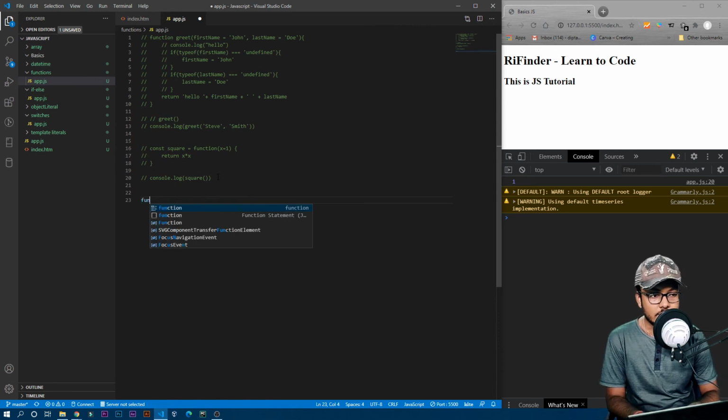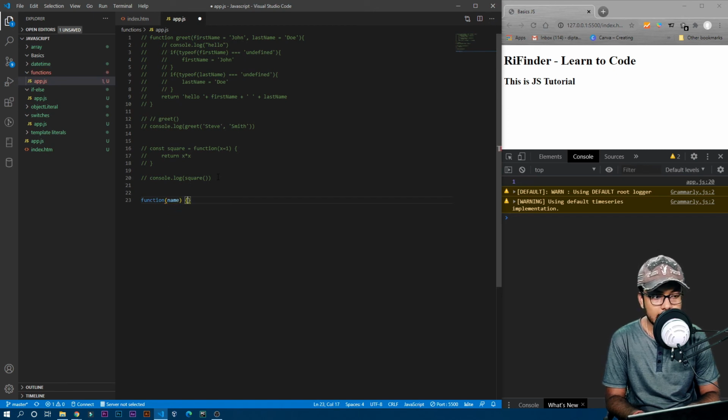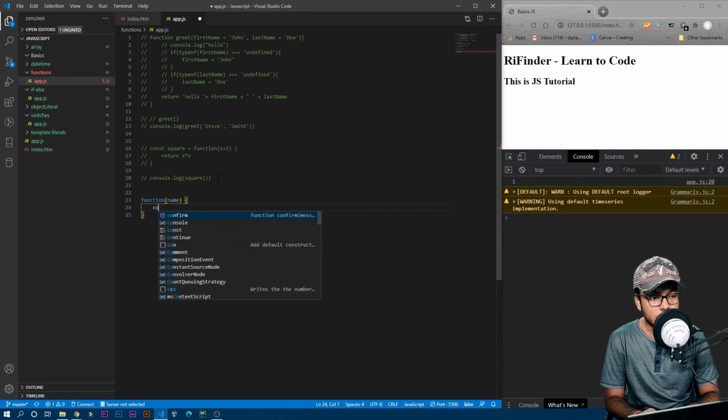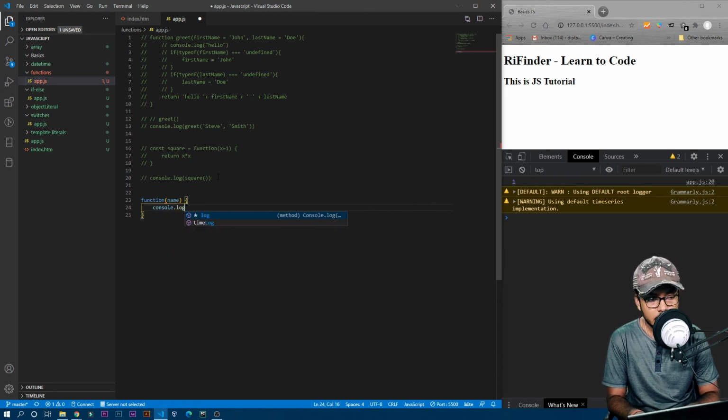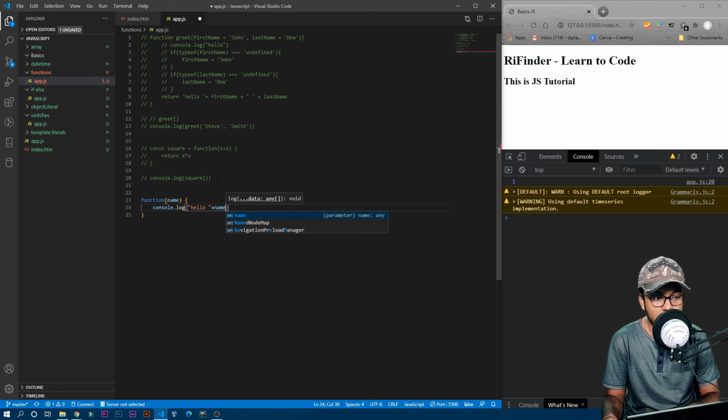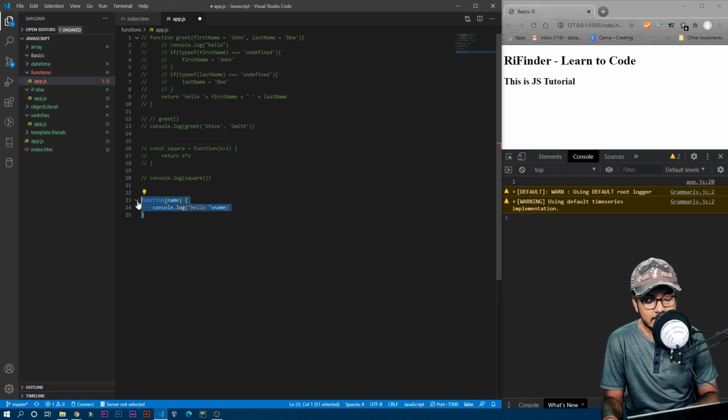So I'll quickly make a function that will take the argument name. Inside that we will write something like console dot log, hello, space, plus name. Hello, the name of that person. Since we want to run this code directly, whenever we run a function, you need to write the function name with parentheses, right? So now I put this inside the parentheses, and now I need to write parentheses over here. So this is the total function, and since we want to run that directly, I'm writing these two parentheses.